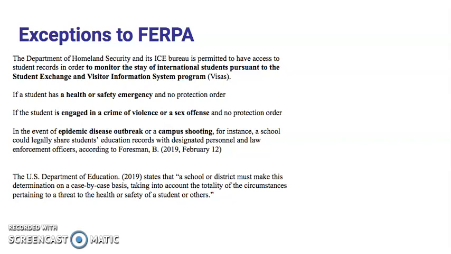In the event of epidemic disease outbreak or a campus shooting, for instance, a school could legally share student education records with designated personnel and law enforcement, according to Forsman, 2019. The U.S. Department of Education also states that a school or district must make this determination on a case-by-case basis, taking into account the totality of the circumstances pertaining to a threat to the health or safety of students